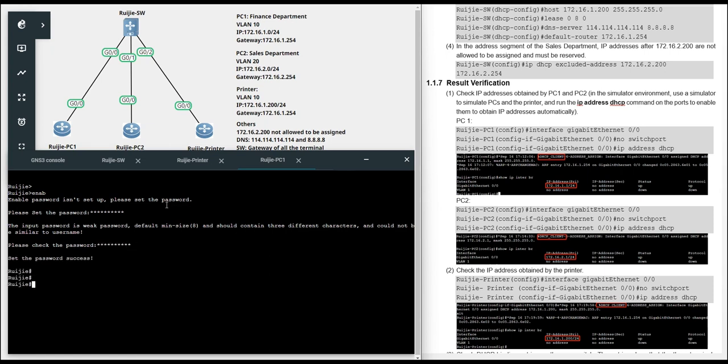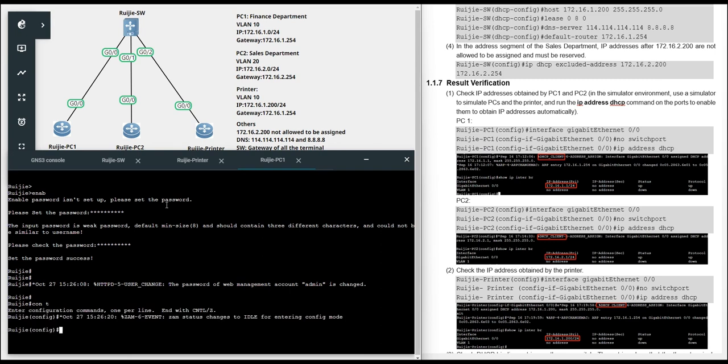If you use a real terminal, you can select the way for your network card to become DHCP, then you can wait, right? And config t, change the name to become Rayjay PC1.